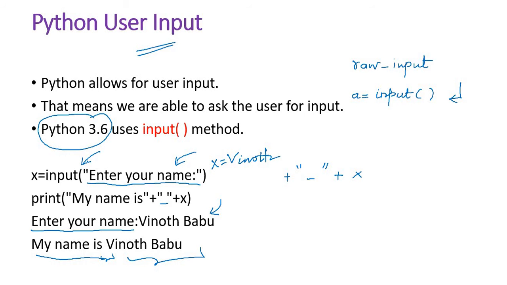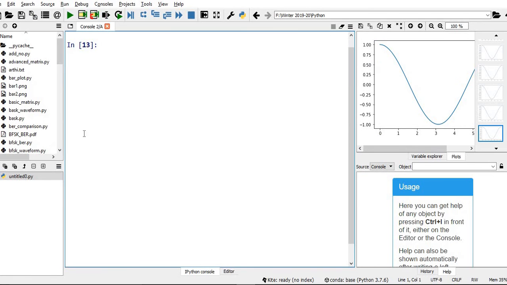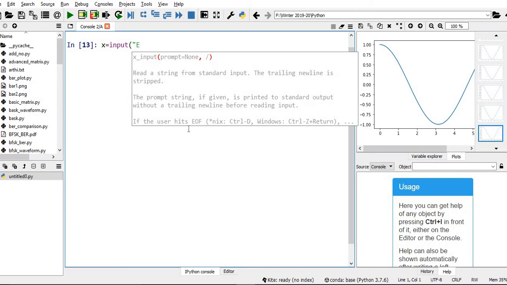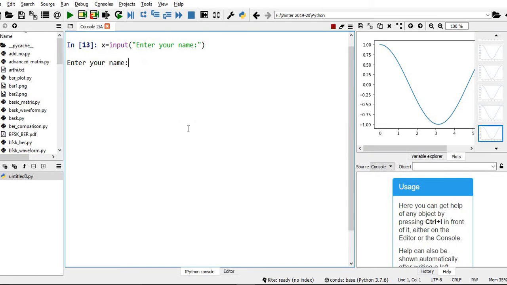Let us practice this in the Python console. x equals input, "enter your name". So this is automatically stored in x.